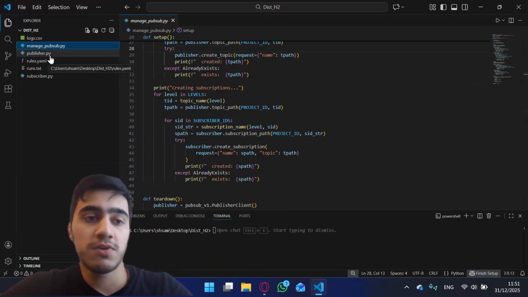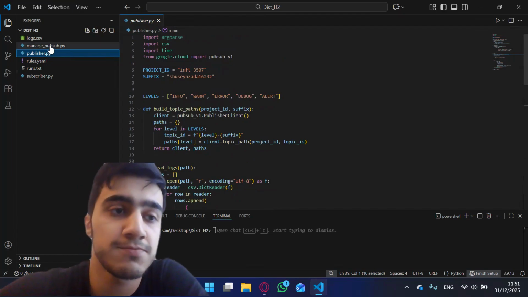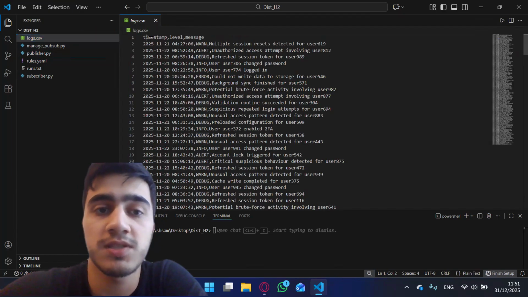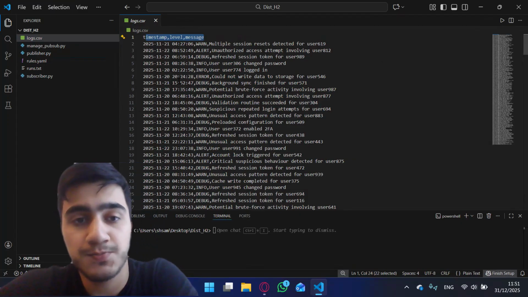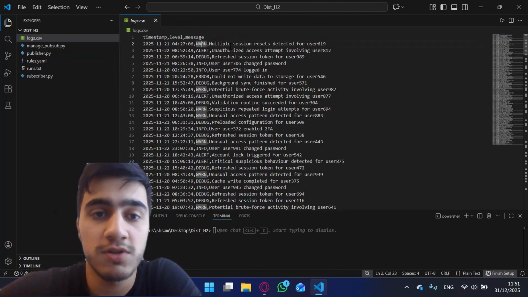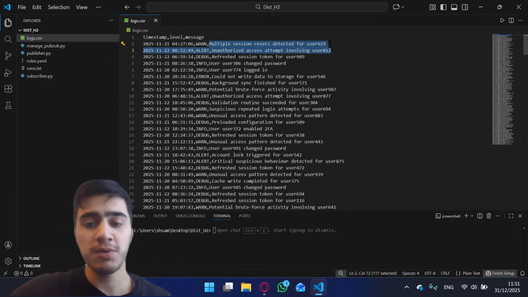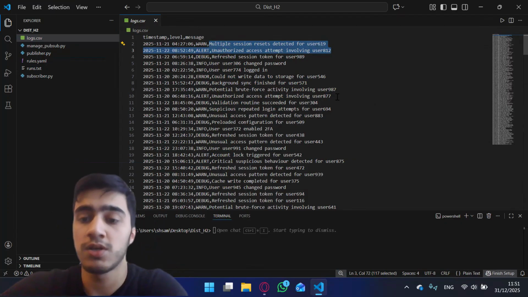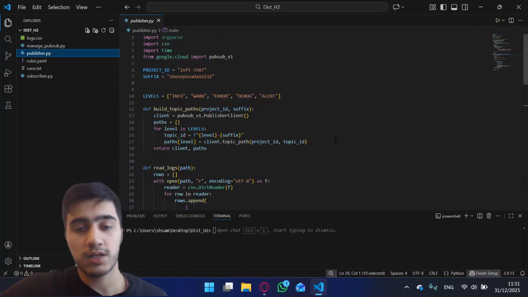In the publisher file, it reads the log CSV, which is here. We have timestamp, level, and messages. As you can see, here's the level, which means the topic, and the message here. I map each log level to its own PubSub topics, such as info, warn, error, debug, and alert.